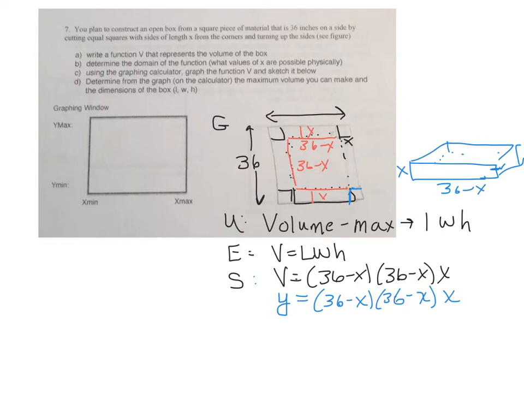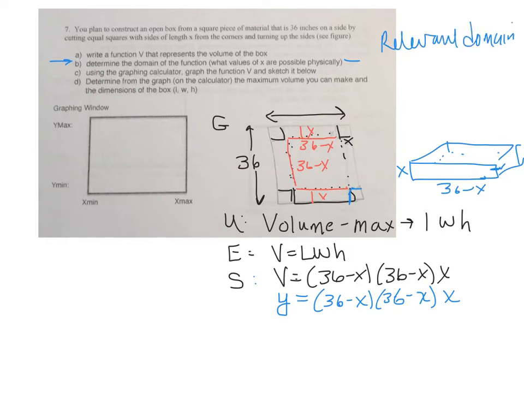Now, in terms of question B, it says determine the domain. So what could x be? Well, we know x can't be 0 because if x is 0, you don't have a box. So in terms of answering the domain, this is what we call the relevant domain. I mentioned this in class. Relevant domain